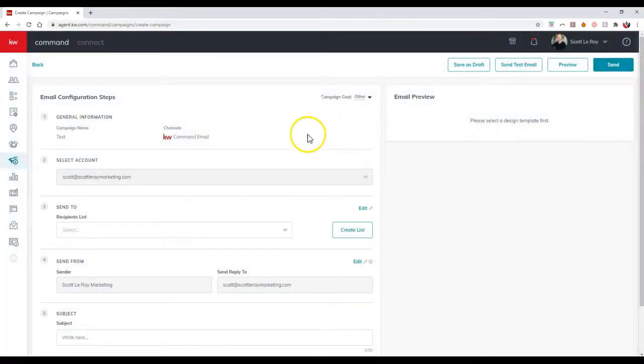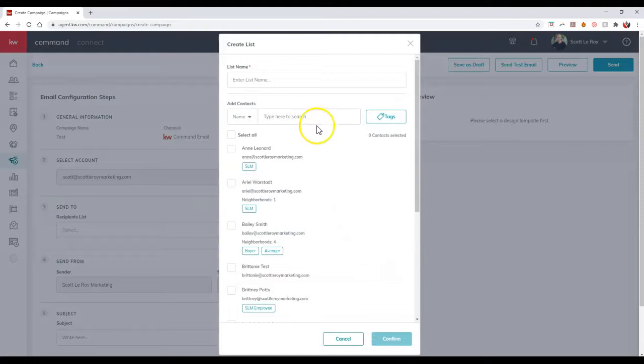All right, so once I go through and I actually set up the campaign, now I can actually see my campaign name, the channels, I can see the account that we're going to be sending it from. All right, and then I can even see the recipient list on here too. So I can go through and I can actually utilize any list that I may have, or I can create one as well too. All right, and if I click on create list, I can actually title it whatever I prefer,